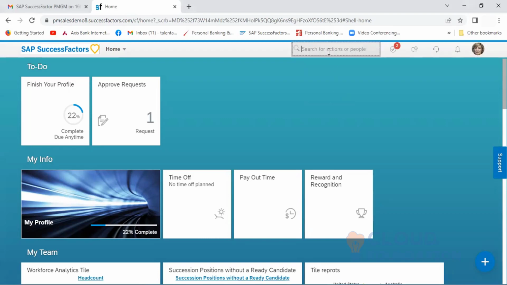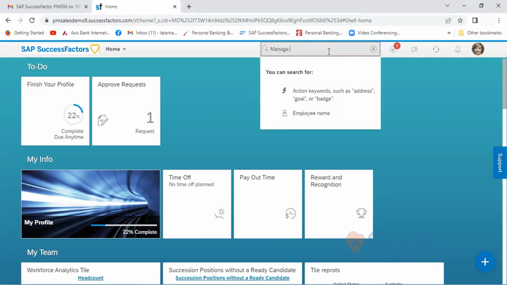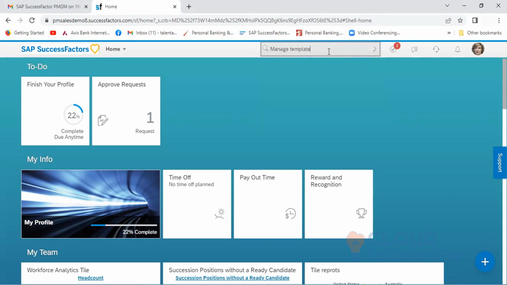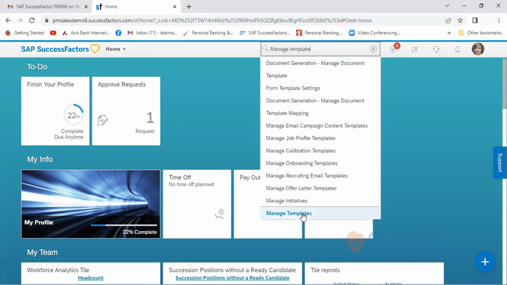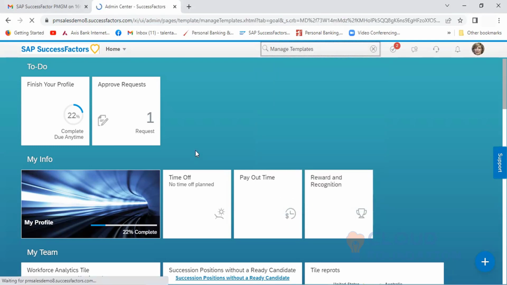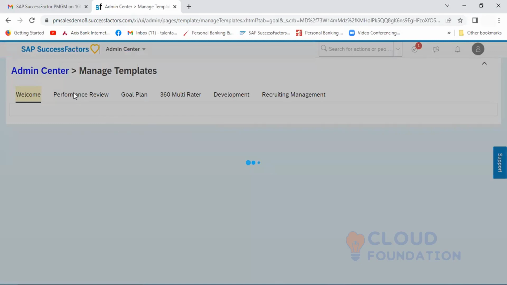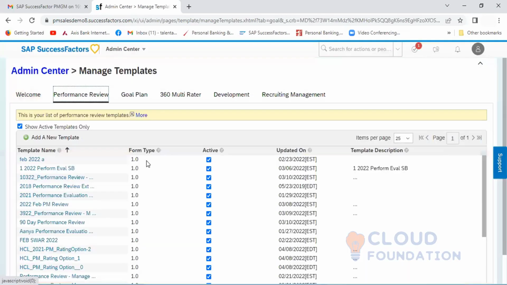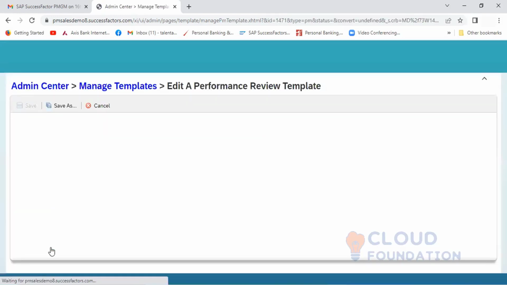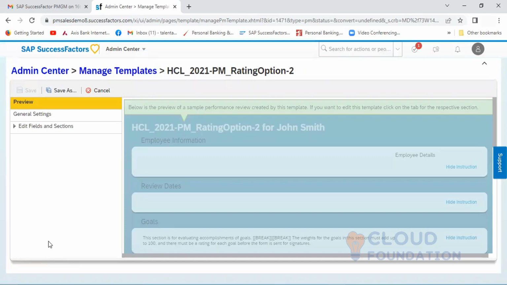So I will just go again into that same manage template. Our template was SCLI. So performance management, our template was, I can take any of it. We can take. So here,